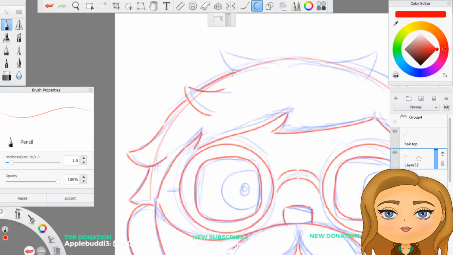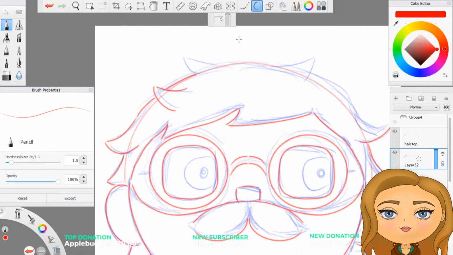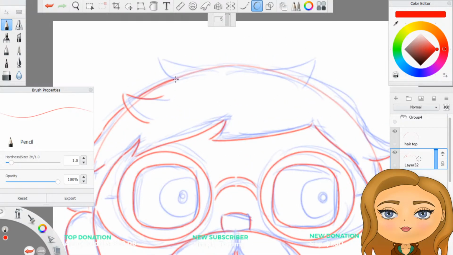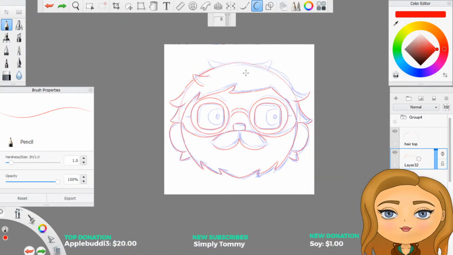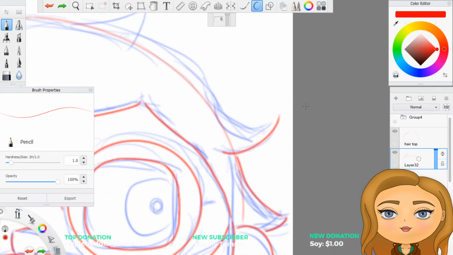Just redoing the same line 100 times, like, I don't know why. It's not an important line, not really, but we'll redo it like half a dozen times till I'm like, yeah, that feels right. This little spike here feels like it's not the right shape. Let's go back to this one.